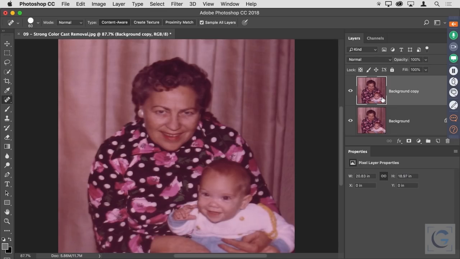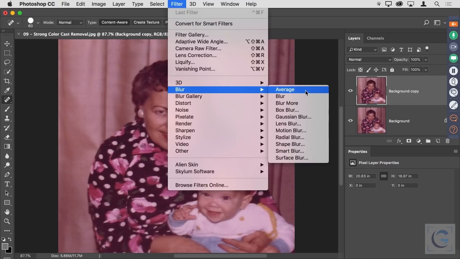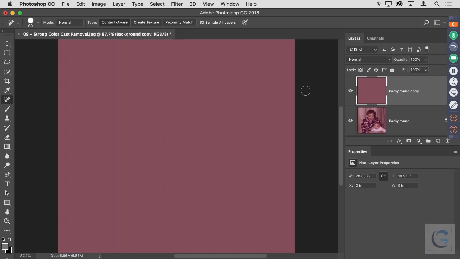For that, what I want to do is blur this layer. But I don't just want to blur it a little, I want to blur it completely. I want to blur it so much that all pixels become the exact same color, representing the average color of the image. Well, it just so happens that there's actually an option for exactly that. If I go to the filter menu and then choose blur, you'll see that we have an option for an average blur. That means blur this image layer so much that all of the pixels represent the average color of the entire image. Of course, this is the color that I